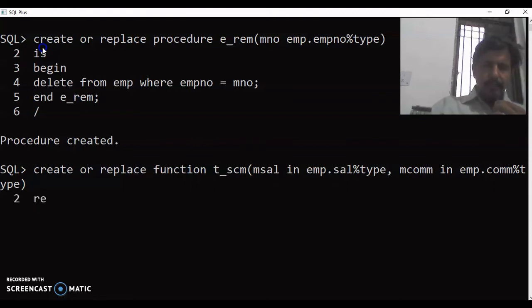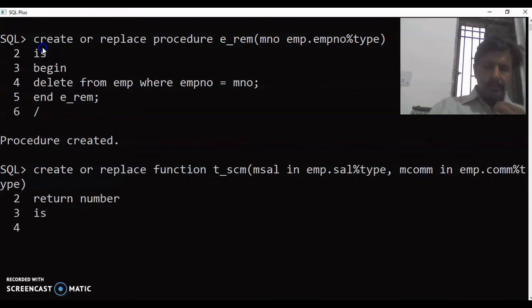Then we'll say return. It will return a number type, because salary plus commission will be the total, so it will return that. So return number type, no semicolon. Then say IS, here we will declare the variable.